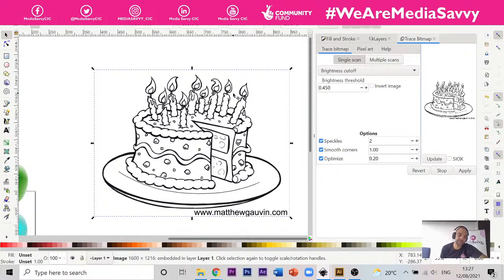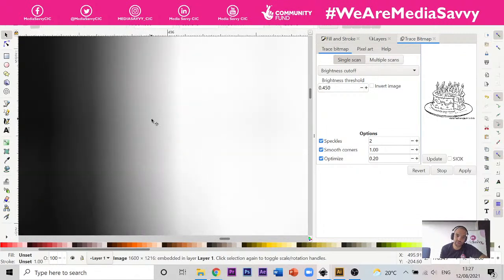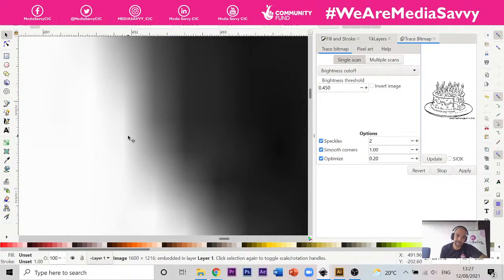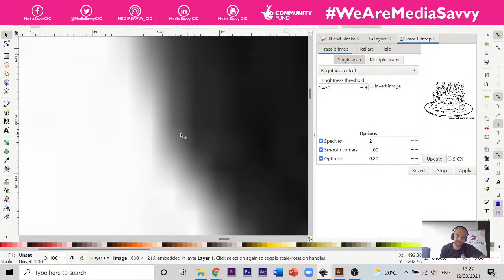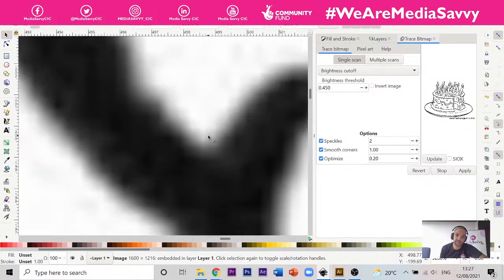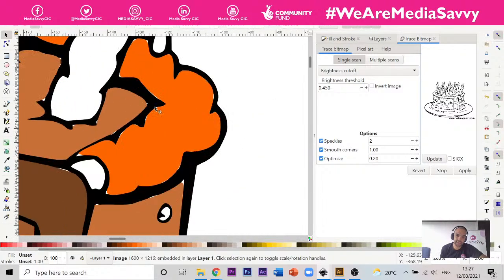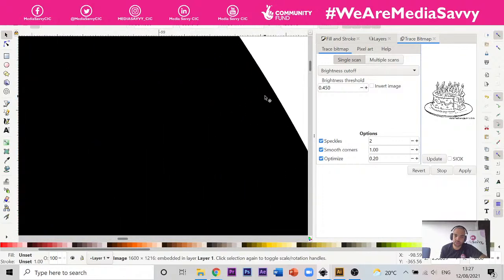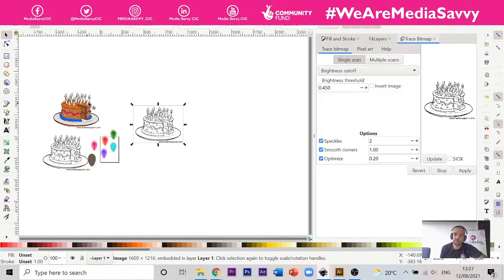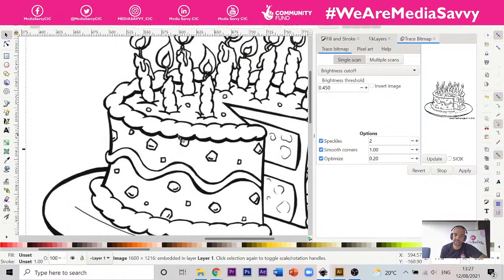So we want to convert that bitmap image, which, if I zoom right in, you can see is made up of loads and loads of squares, basically. You can see it's not very sharp as you zoom right in, in comparison to this cake, which is very sharp all the way in. That's the difference. We are going to convert this image to a really sharp image,